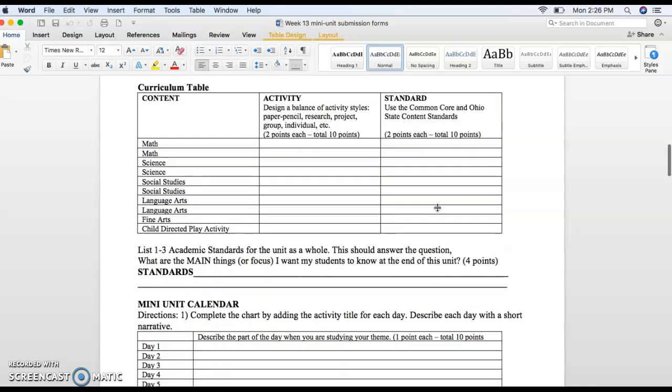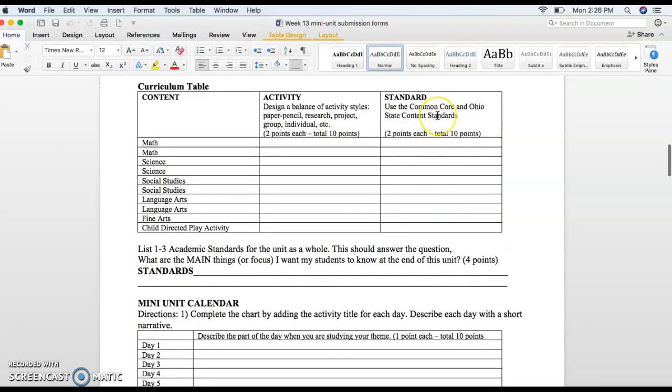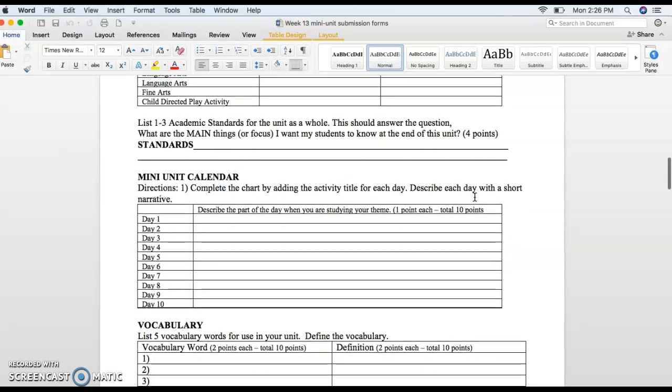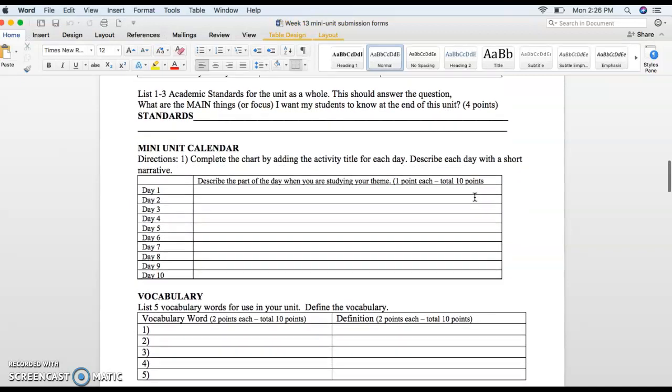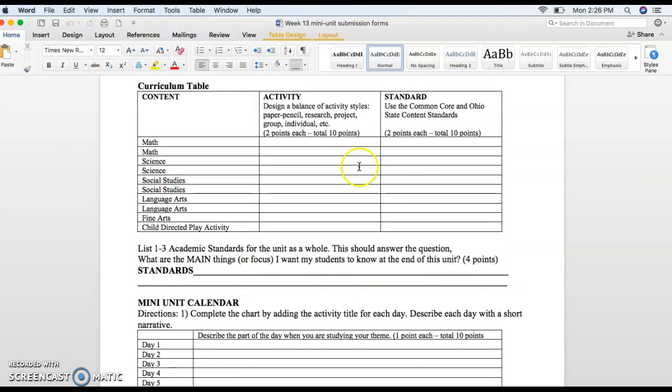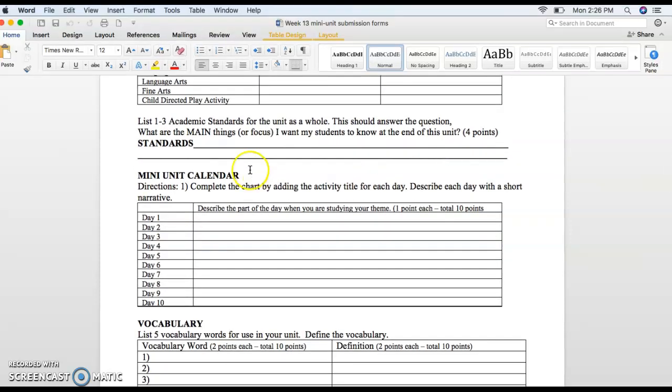This is an old form. This needs to be updated. As a matter of fact, I'll go ahead and get that done today. And because it's now the Ohio State content standards, the Common Core are no longer used in Ohio for any of the subjects. So after you get all of those listed, the activities you were going to be doing as part of this mini unit and the standard that they relate to, I'm going to ask you then to list 1 to 3 academic standards, and